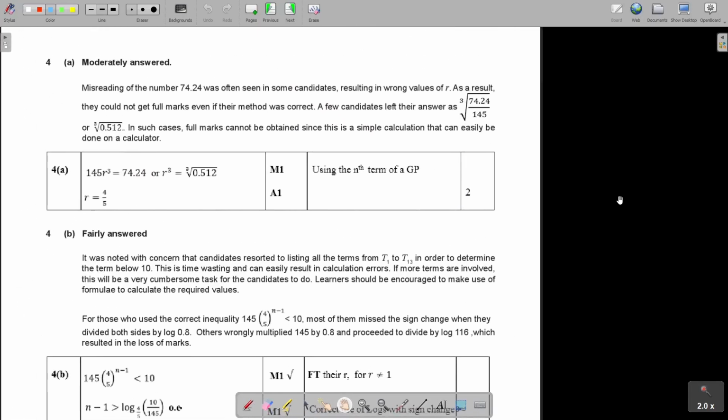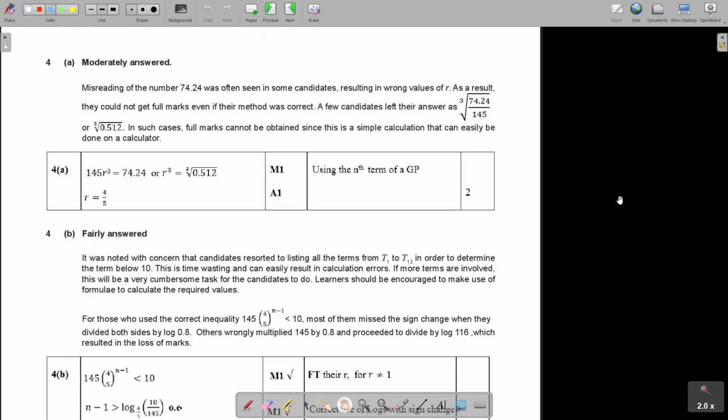This was moderately answered, so in between. Misreading of the number 74.24 was often seen in some candidates, so please make sure you copy correctly. Control yourself. This resulted in wrong values of R. As a result, they could not get full marks even if their method was correct, which is sad, because sometimes it's nice if the examiners say, show that the value of R is this,